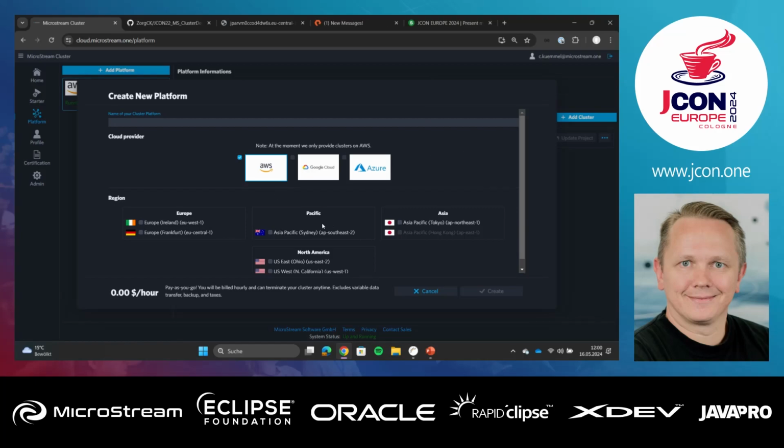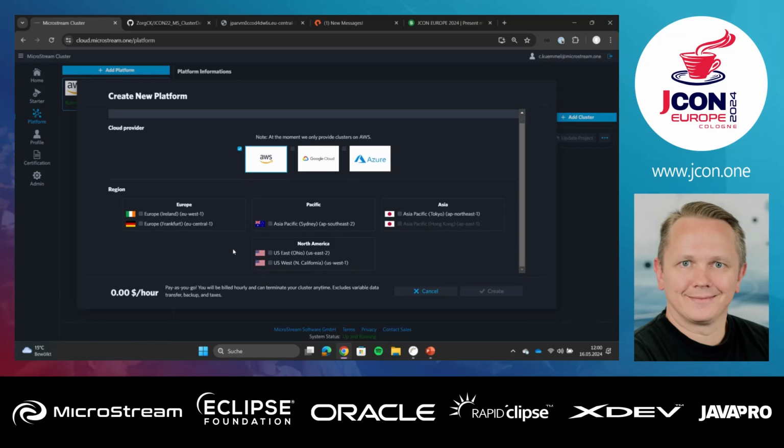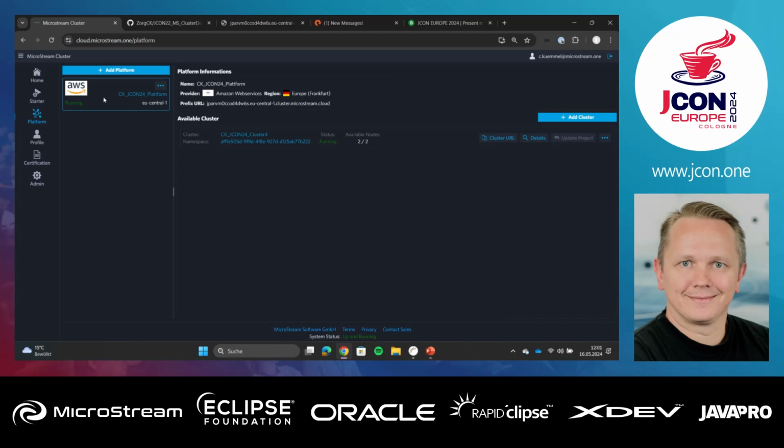You choose the region of your platform. At the end, for example, you could choose Europe, and I have to add a name, doesn't matter, and now you could create a platform. This will take around half an hour, because we have to set up a lot of things in the background. We have to do a lot of configuration on the platform. And that's why I created one